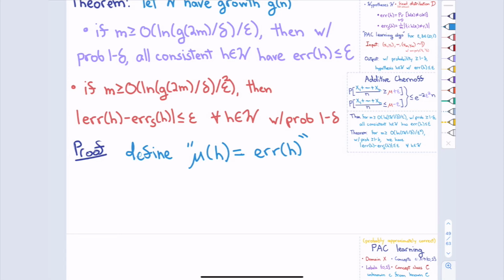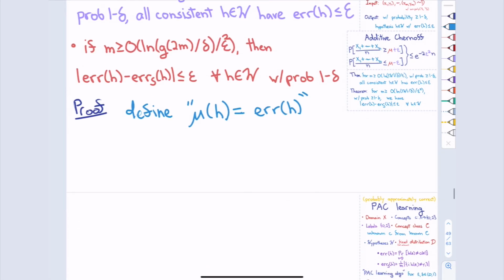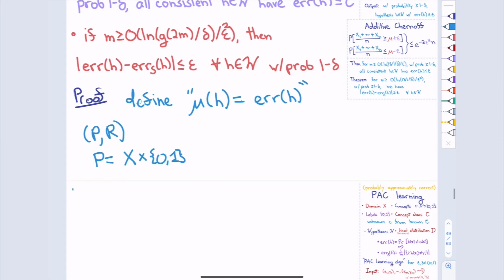So let me try to set this up in the time we have. We need a range space to make this work. I'll just run through it. I'm going to define P to be this space, which corresponds to the data plus the label: the 0, 1 corresponds to the label, and X is whatever the emails. Now, for all hypotheses we have the range R sub H,